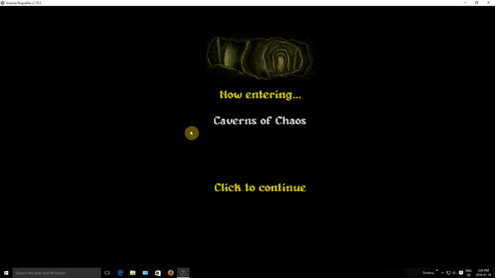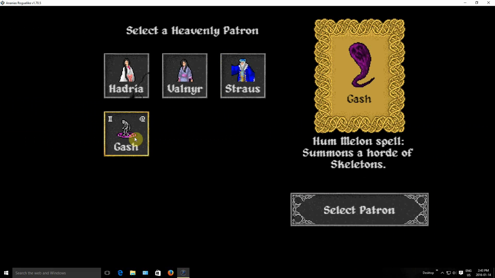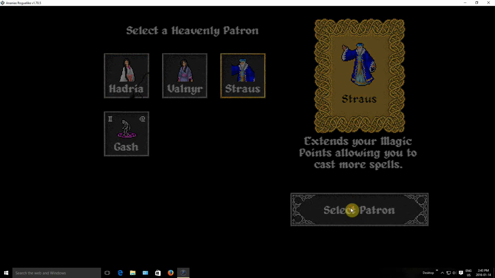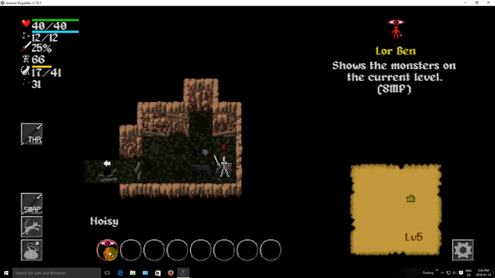So, Caverns of Chaos. Basically, as you advance, you enter new dungeon realms. In this case, we're now in the Caverns of Chaos. Summons a horde of skeletons. That could be interesting, but we need magic points to do it, so let's go with Strasky this time. And look at that, I now have spell points to basically do stuff. So you can feel the spirits of the dead roaming, and